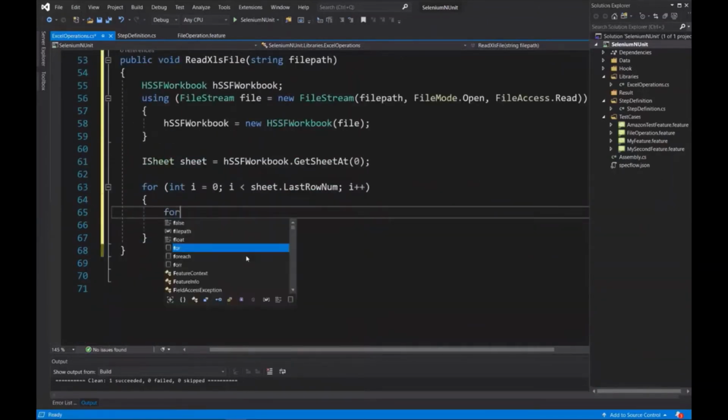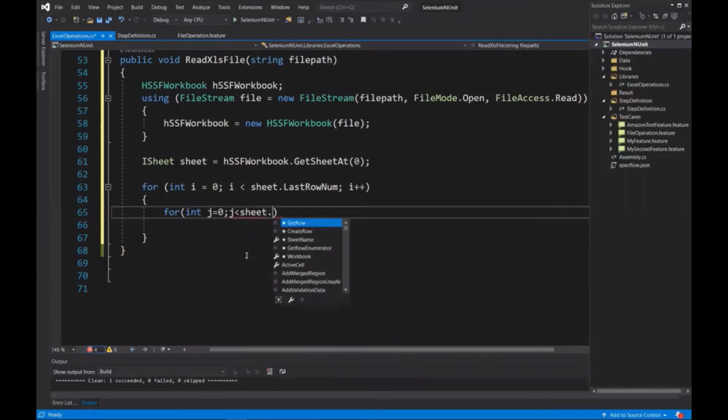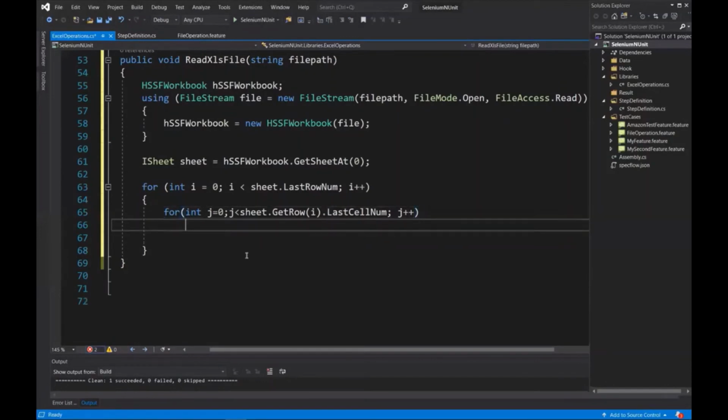This loop will traverse all available rows. Now we'll add another loop to traverse each column in the Excel sheet. To do that, we'll create another loop based on sheet.GetRow index i dot LastCellNum. LastCellNum will return the last available column in the sheet.